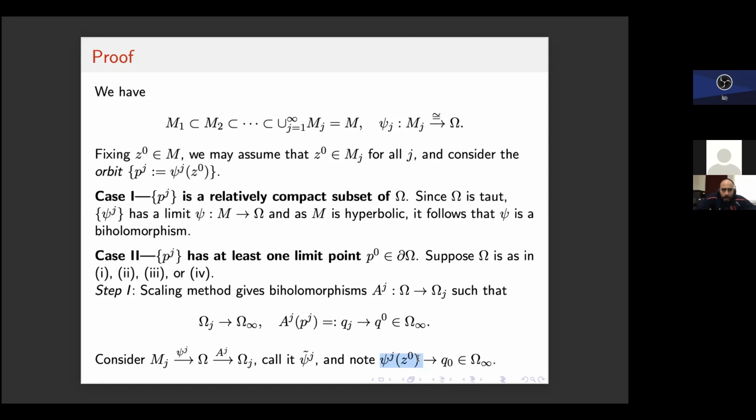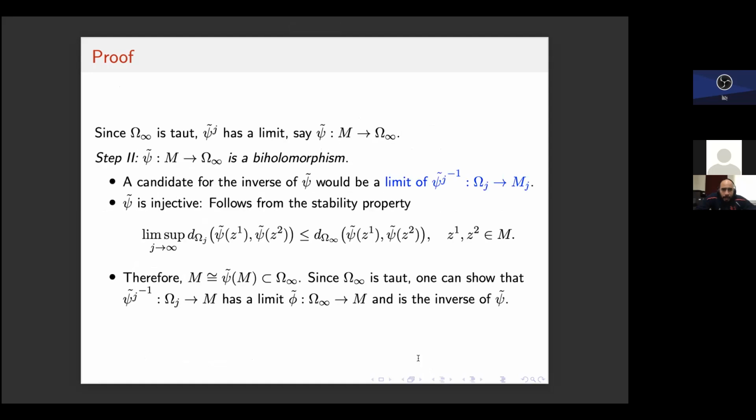Okay, so this gives us a limit of this composition. Let's call it C tilde. So this is a map from M to omega infinity. This is the first step. Next step, we show that this map is actually a biholomorphism. Now note that C tilde, this is actually, so let's